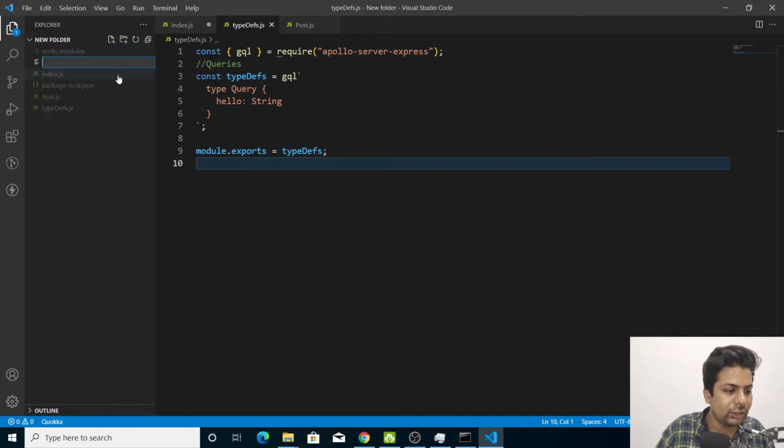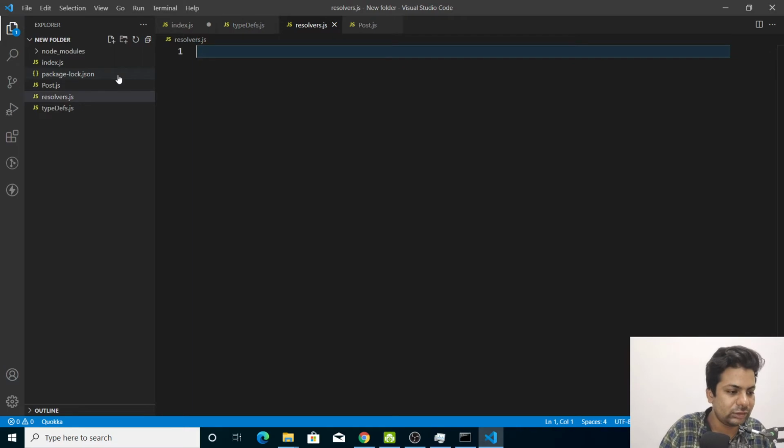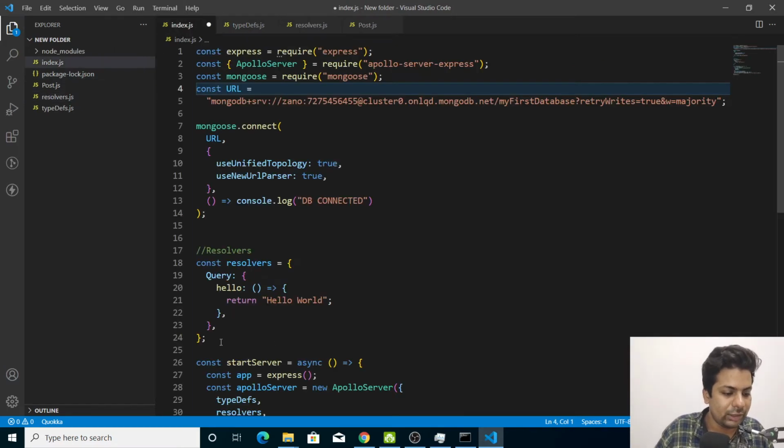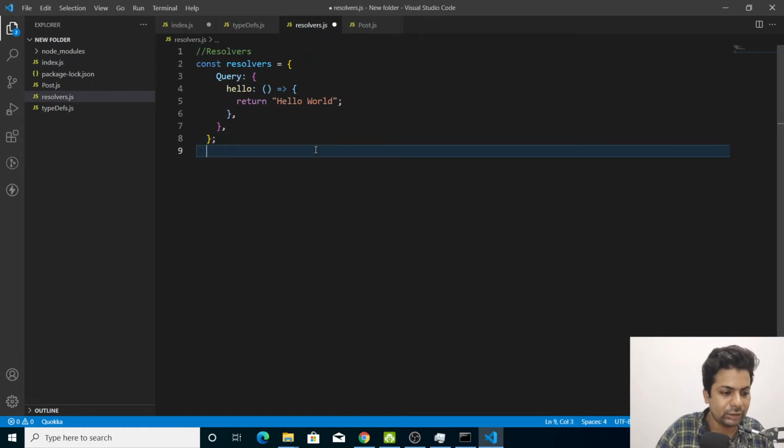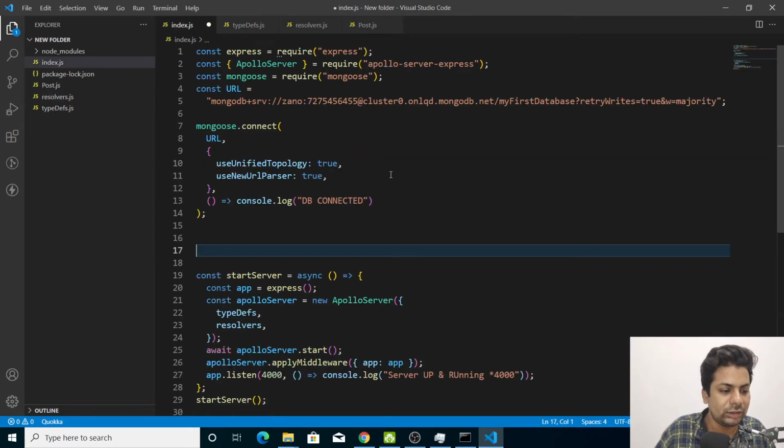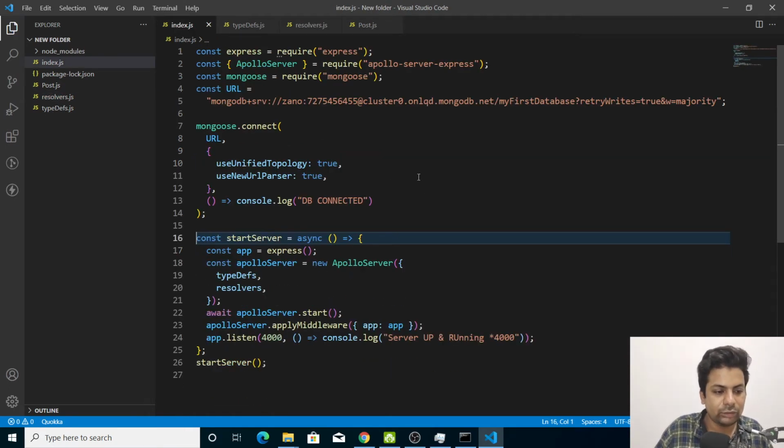Same thing for resolvers.js: we come here, cut this out, put it here, and say module.exports resolvers. Save it. And if I save it here also, everything is fine, but we have to import here also.